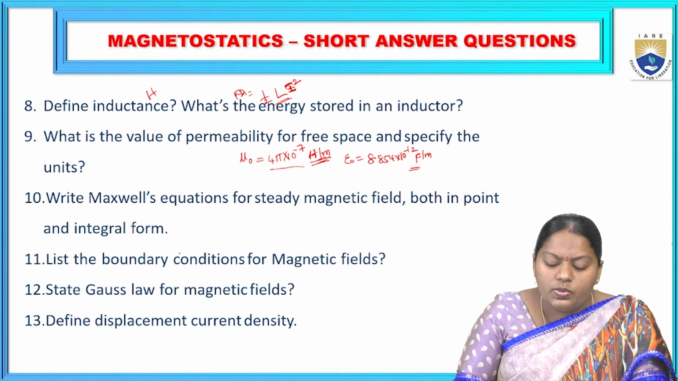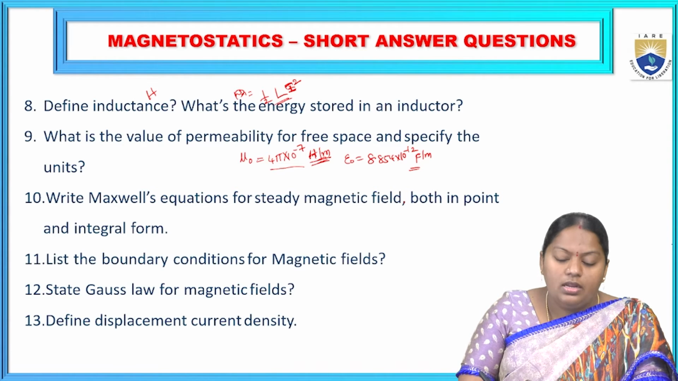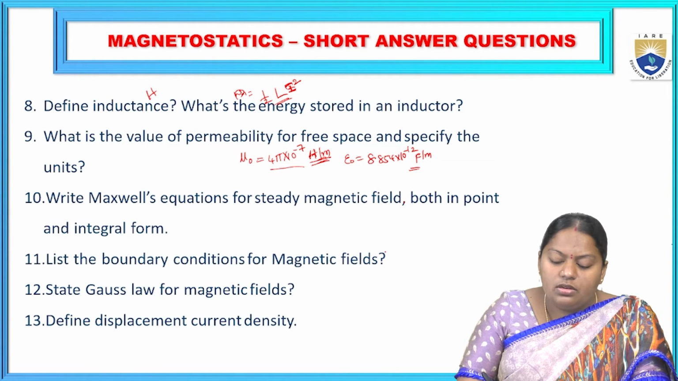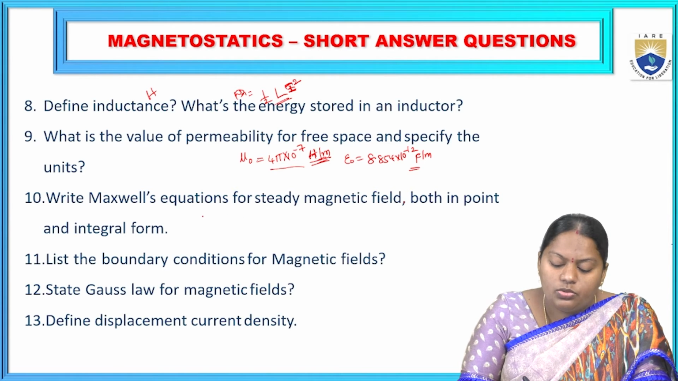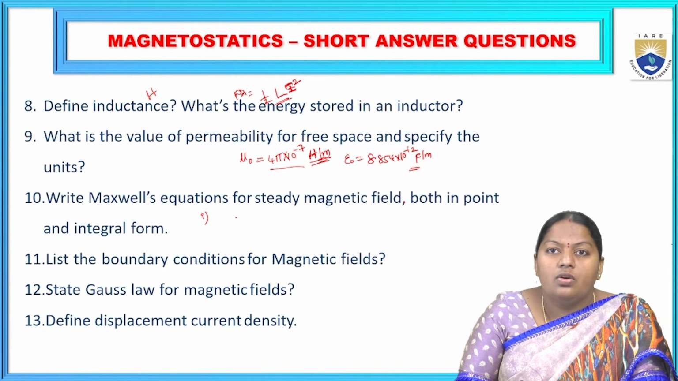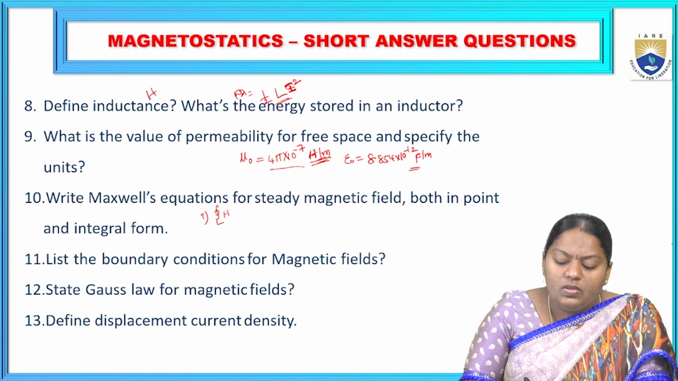Write Maxwell's equations for steady magnetic field, both in point and integral form. So, in static magnetic fields, we have two different Maxwell's equations. One is from Ampere's circuit law, whose integral form is given by the closed line integral around any path